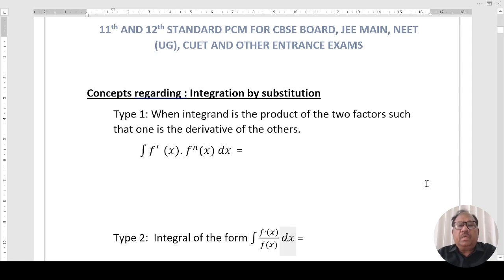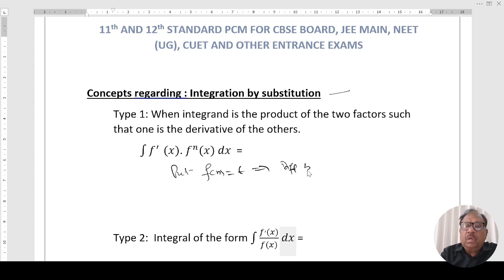Concepts regarding integration by substitution. When integral is a product of two factors such that one is a derivative of the other. In this case, there are two functions, fx and its differentiation f dash x. So we put fx equal to t,